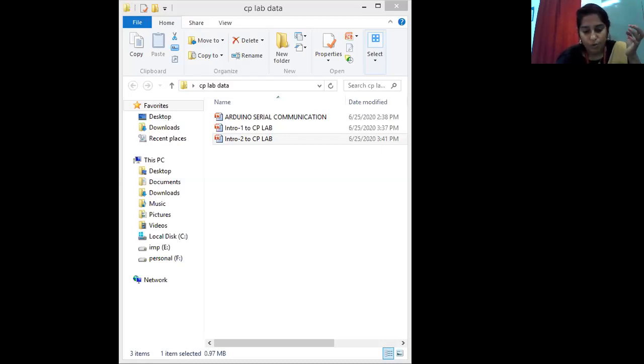For example, if I want to use an LED, if the LED is HIGH, it is on and glowing; for off, I use LOW. So pin number 12, comma HIGH, or pin number 12, comma LOW.